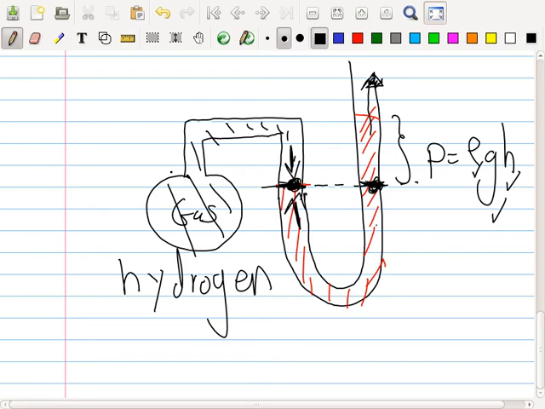Yeah? So we'll find it from the same formula. We're going to apply the same formula to the gas on the other side. Oh, for pressure, yeah. Like finding rho of the gas, something like that. Oh, I see what you mean.